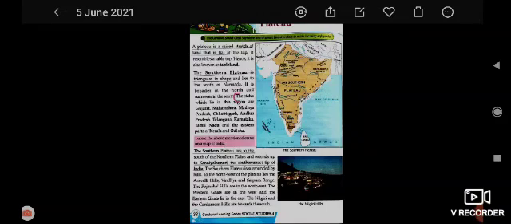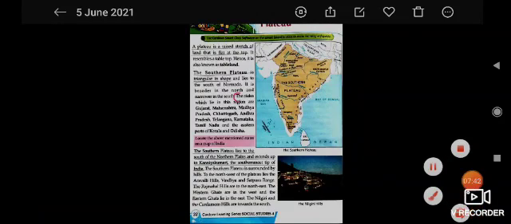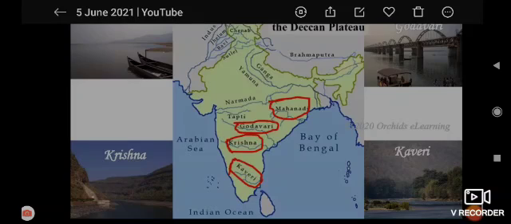Now we will be reading about the rivers which flow in the Southern Plateau and their nature. There are four rivers which flow continuously in the Southern Plateau or the Deccan Plateau.